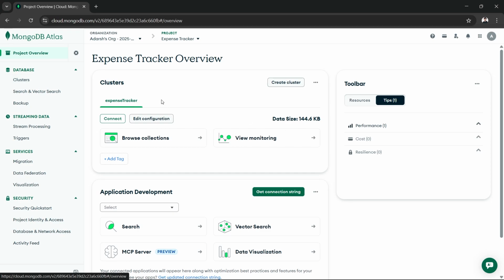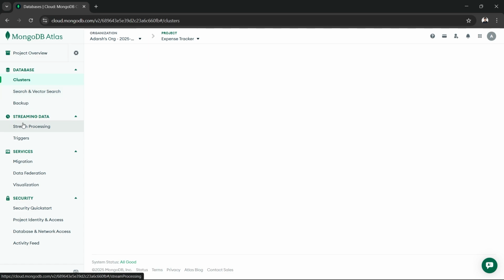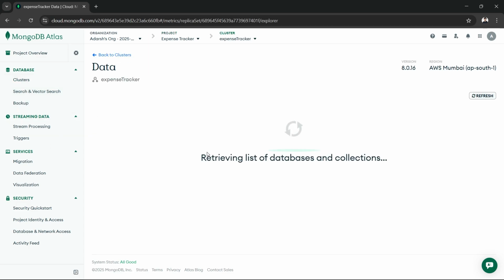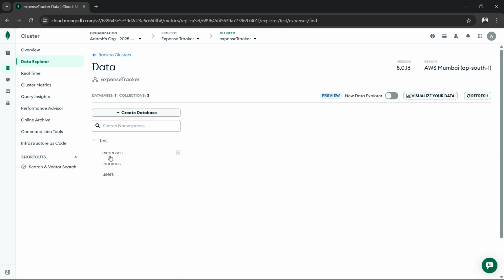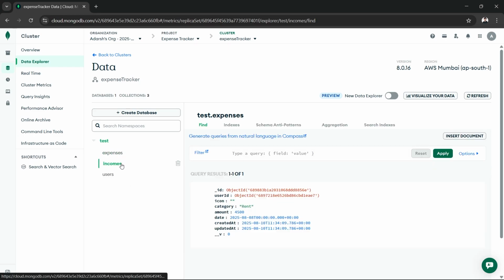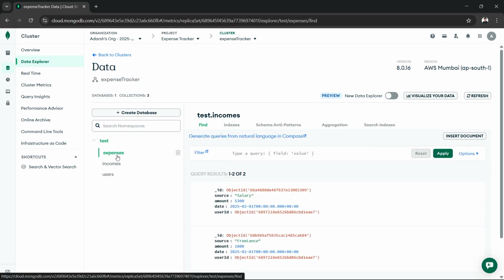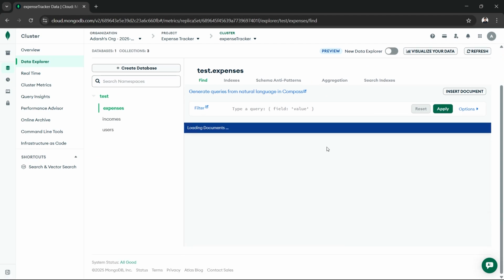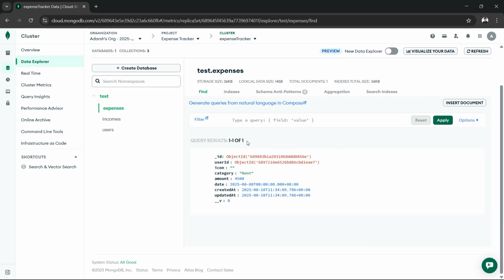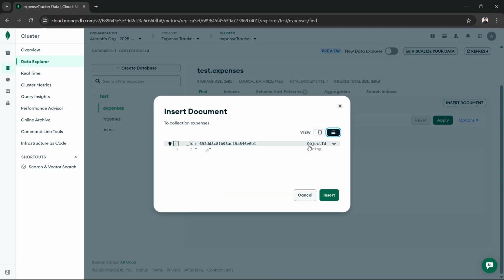Now, in order to add the data values manually, just simply click on clusters over there on the left window, click on browse collections, and here you'll find all the data sets that are available. In my case, it can be expenses or incomes, and here you'll see the database IDs for every one of them. Now, in order to add a detail, just simply click on this option of insert a document,